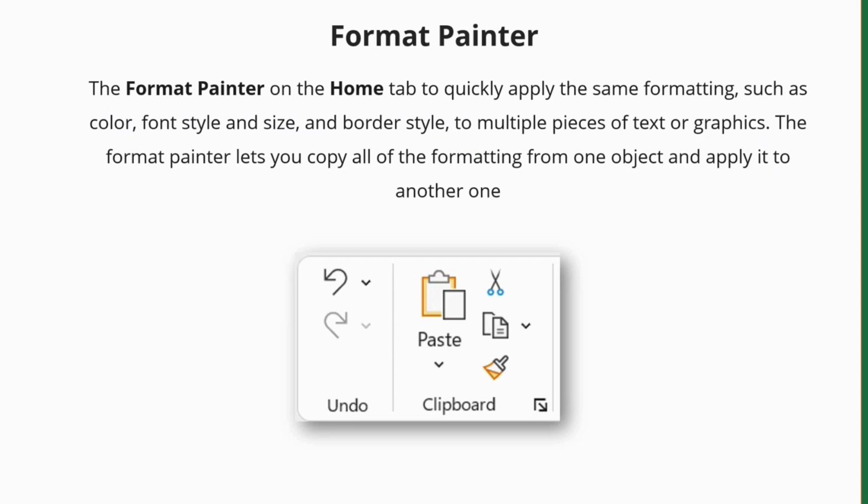So there is one icon and one button to help you all. Format Painter is the button here. Format Painter lets you quickly apply the same formatting styles, which already exist, to the whole document. Let's see how to do it. So we'll go back